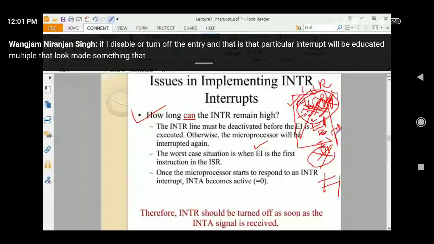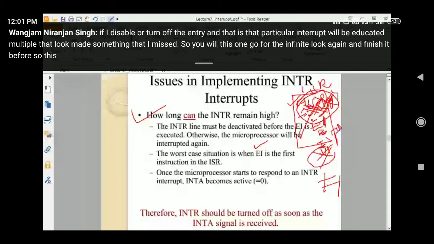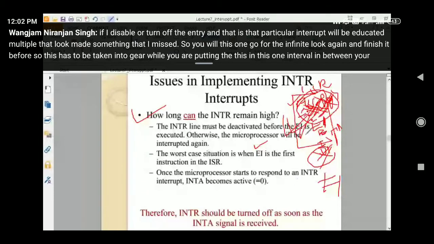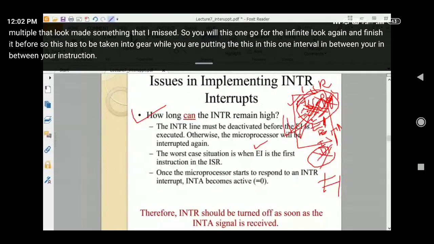So you will go into an infinite loop. This has to be taken care of while you are putting this interrupt signal in between your instructions. तो instruction में interrupt कहाँ डालना है, कहाँ खत्म करना है, you need to take care about this.